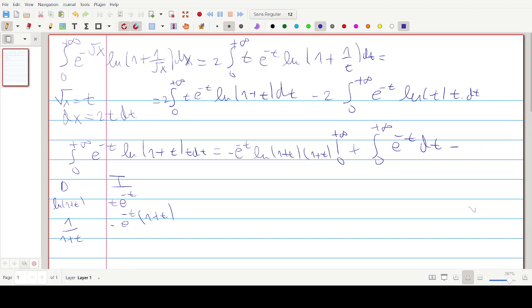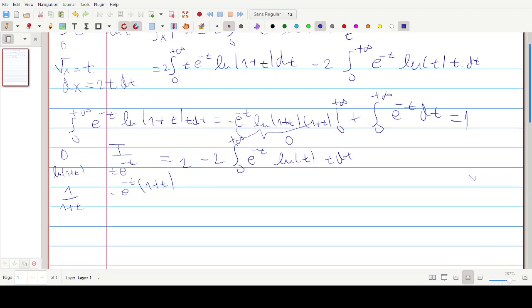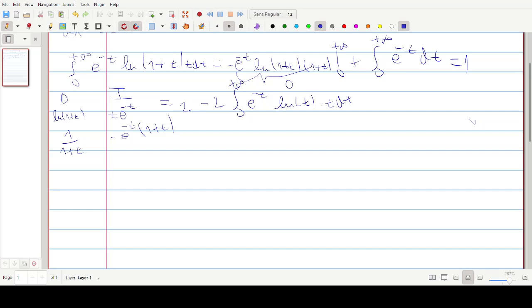This integral evaluates to 1, and at infinity the boundary term goes to 0, and at 0 it also goes to 0. So we just have 1, and 2 times 1 we get 2, minus 2 times the integral from 0 to infinity of e^(-t) ln t times t dt. So let me just scroll down a little bit. We can realize that this integral is actually a partial derivative of the gamma function evaluated at s equals 2,